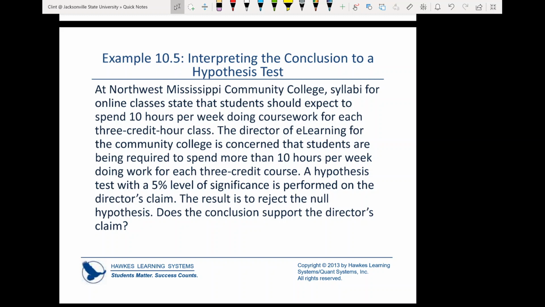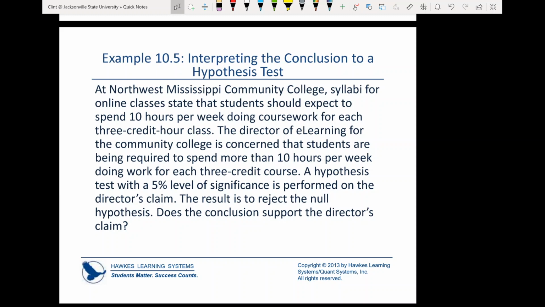Okay, let's look at this example. So here we're trying to decide if the outcome of this hypothesis test supports the researcher's claim, or if the hypothesis test doesn't really give us any evidence for the researcher's claim. So this is the one with the online classes where students are supposed to spend 10 hours a week per